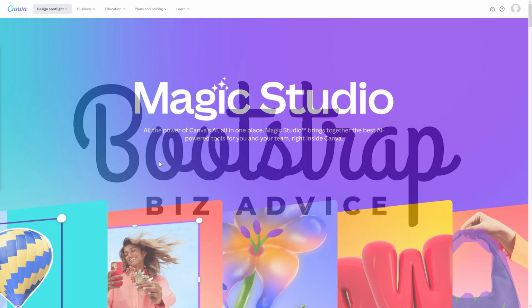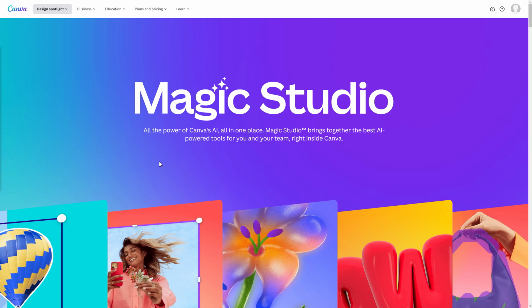When most people talk about AI, they're usually referring to some type of copywriting tool like ChatGPT. However, Canva's AI features will help you with photo editing and graphic design. I have been absolutely blown away by what you're able to do, and some of the features are locked behind